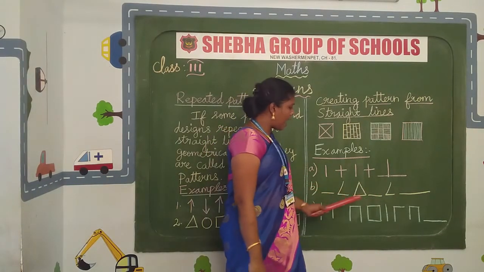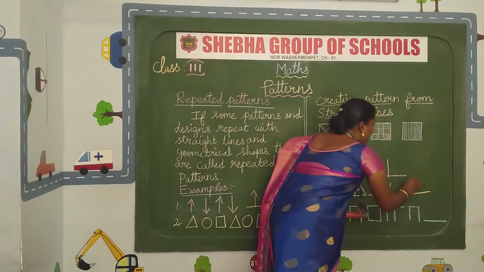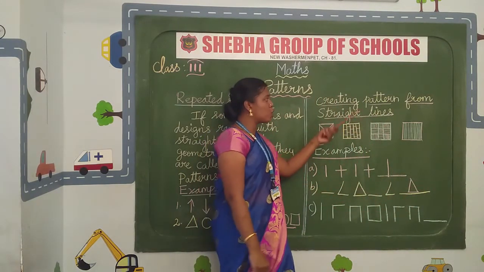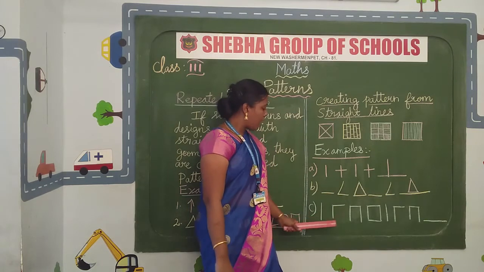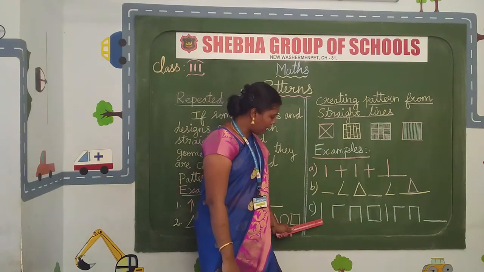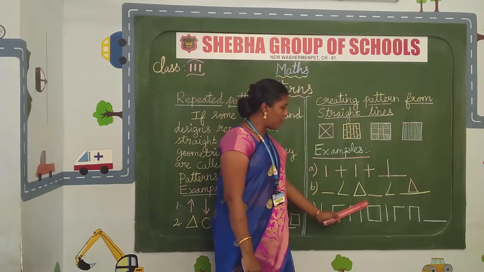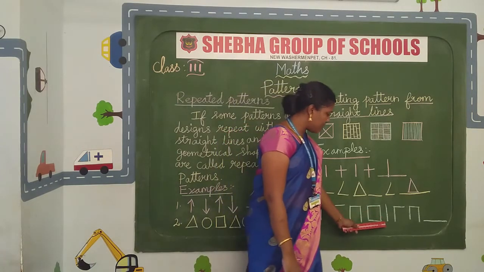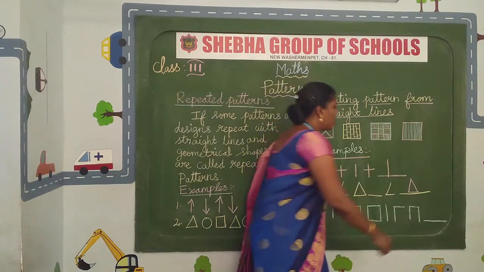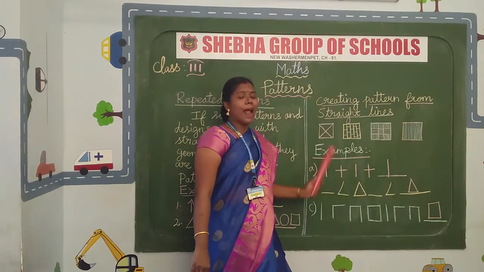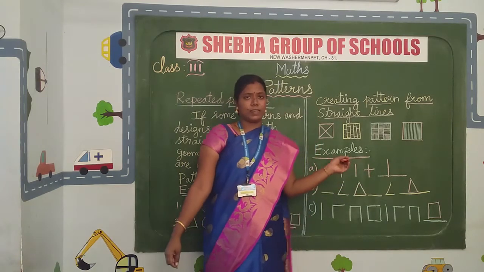These lines and again two lines, again it will become a triangle shape because it is also a repeated pattern by using straight lines. Again you can see this one single line, and two lines, and three lines, and the fourth line you can touch in the shape of a square. Next you can see the same repeated patterns will become a square shape here. So these are the patterns by using straight lines.